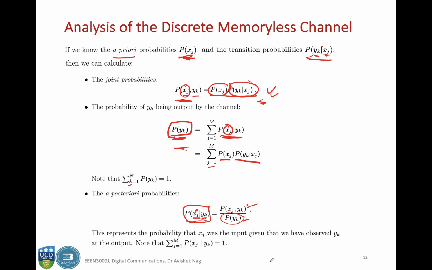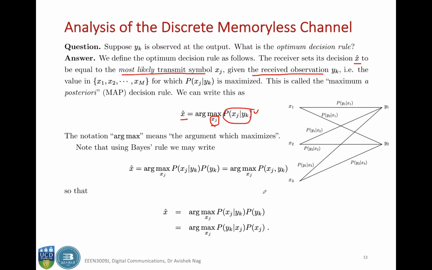So if you observe this function over different values of xj, let's say you tabulate the values of xj here, and you observe the values of probability of xj given yk,